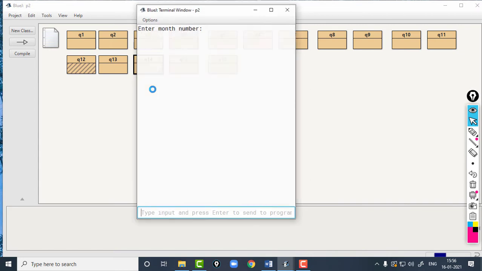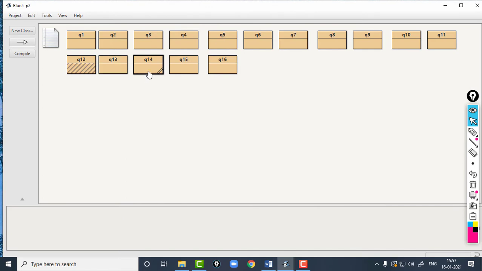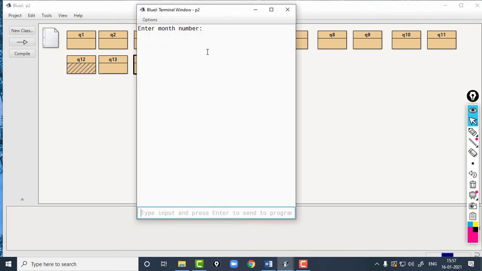Let's try some non-leap year number. Okay, so month number 2 and the year, let's take 2001. So the number of days, you can see it's 28 this time, because 2001 is not a leap year. Okay, and if the month number is beyond 1 to 12, like 15, then it's showing the number of days is 0.